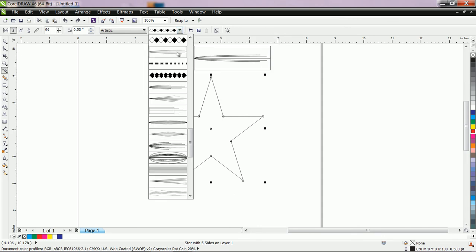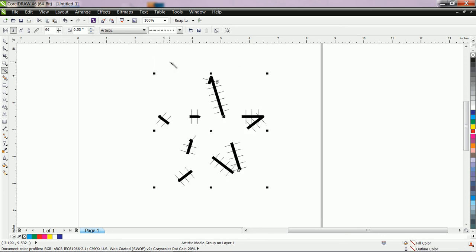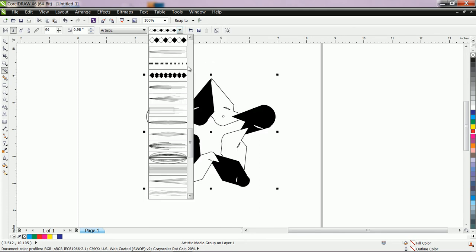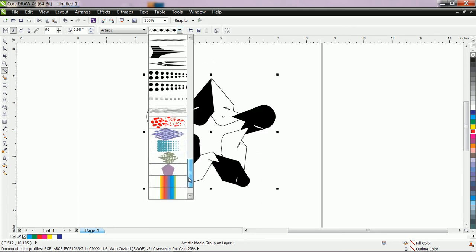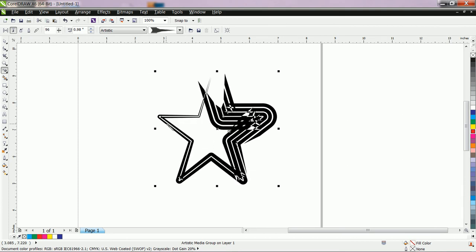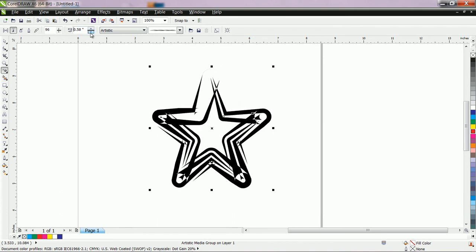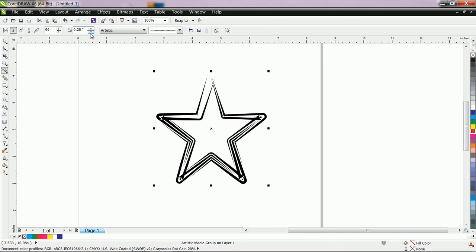Try a different stroke. Suppose I try a different stroke on this object. Suppose this one does not match. If you want to match this one, then you have to increase the size. But you can also choose different strokes. Here you have a number of strokes. You can also decrease the size of the stroke. Suppose I copy paste this, rotate